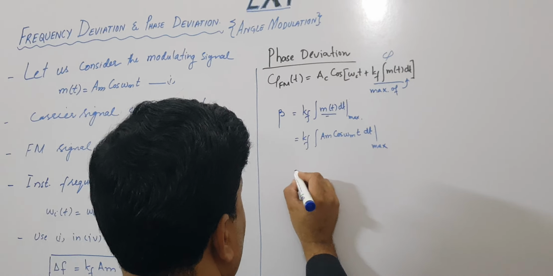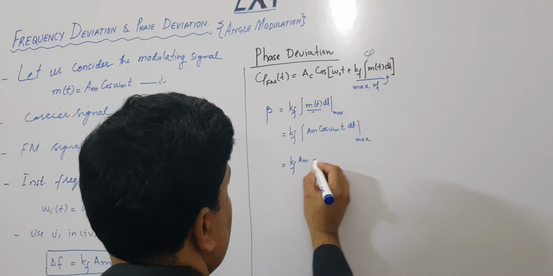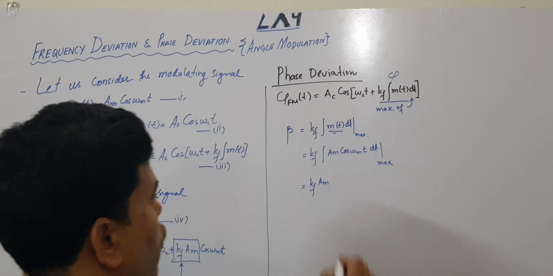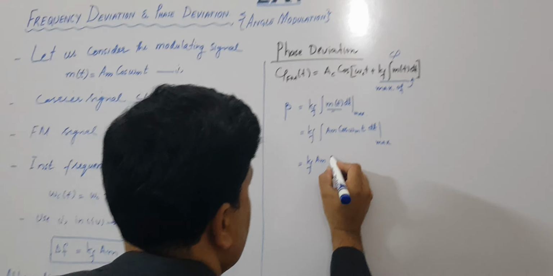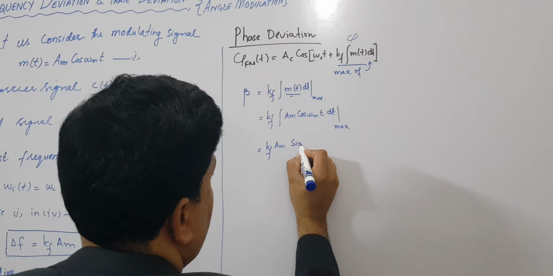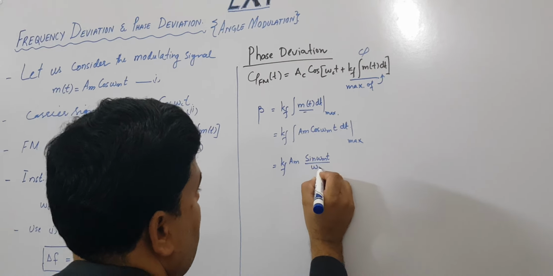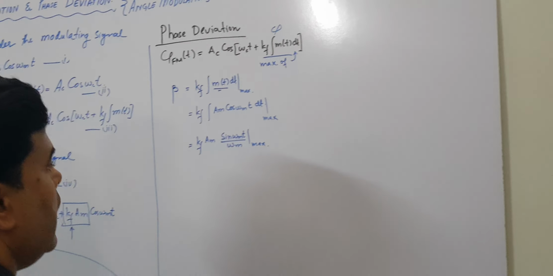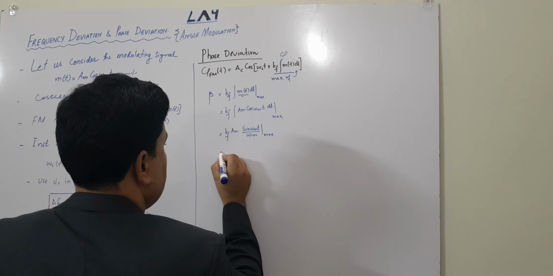Am is a constant, you can take it out. And the integration of cos is sine omega mt, and now this is the additional factor omega mt, so we have to divide it with omega mt. And we know that the maximum of sine is equal to 1, so it means that